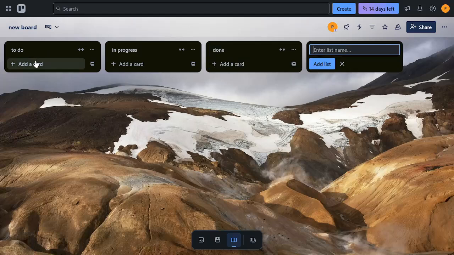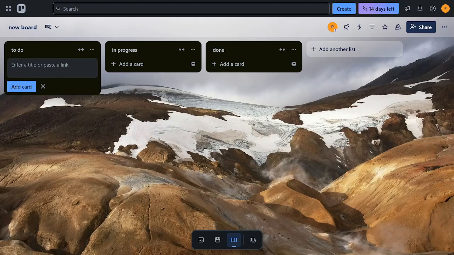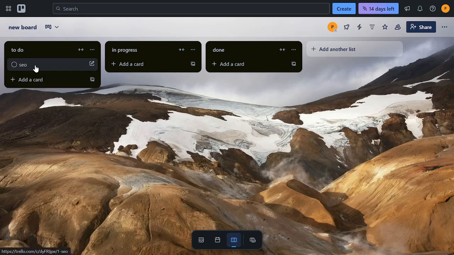Next up, we'll populate these lists with cards. Cards represent individual tasks or events on your timeline. Add a card by clicking on the Add a Card option under your list. This step helps us because cards provide the detailed view of your timeline, allowing you to track progress and collaborate